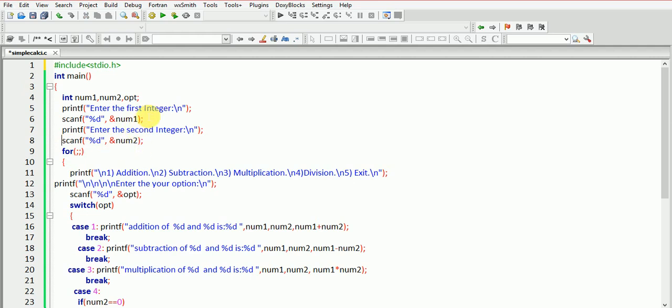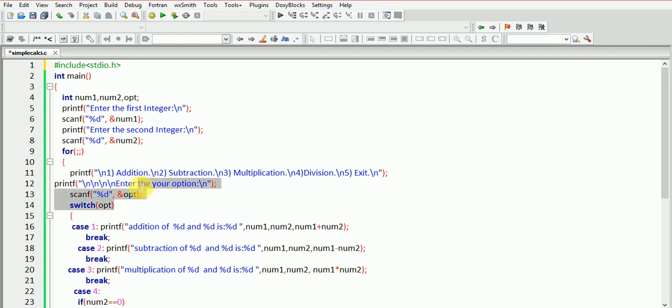Later on, once the user gives the two numbers, now we will give choices to the user whether he wants to perform addition, subtraction, multiplication or division operation. That's the reason we write this statement so the user can see it on his screen. So we'll use a printf statement asking him to enter your choice, means what operation you are going to perform, and this operation we are going to store in ampersand of opt. That's why we have declared here opt is of int type.